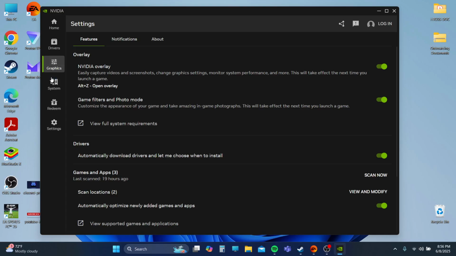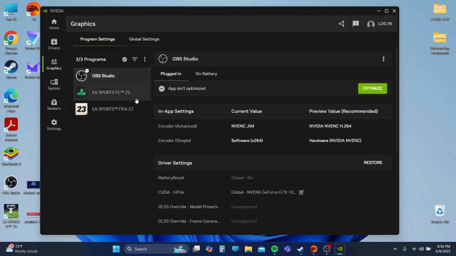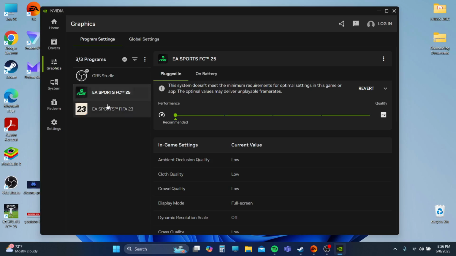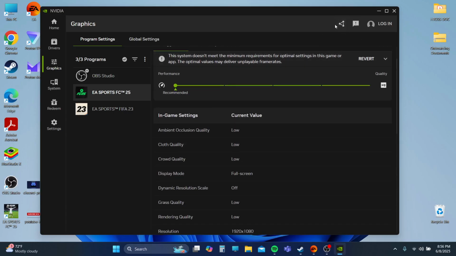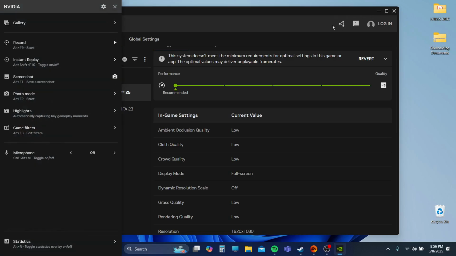After that, go to your graphics, check the game you want to record and click revert. Click optimize, and now click on the open overlay icon and check if this one is the same as mine, which is